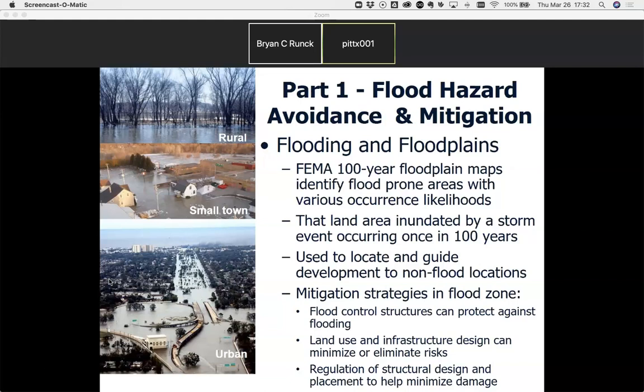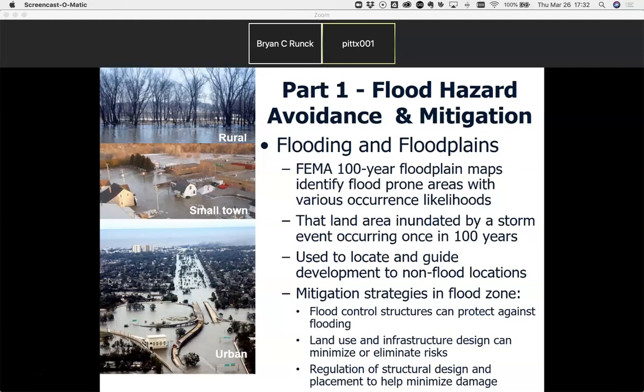The maps are used to locate and guide development to non-flood locations. In other words, to identify where the flooding is most likely to occur, and to try to create strategies to guide development to non-flood locations, and then also try to identify within these flood locations the severity of flooding, particularly the likelihood of flooding, and how we might begin to think about mitigation and